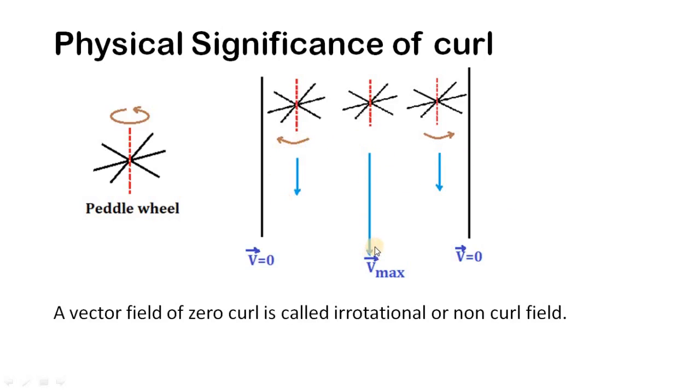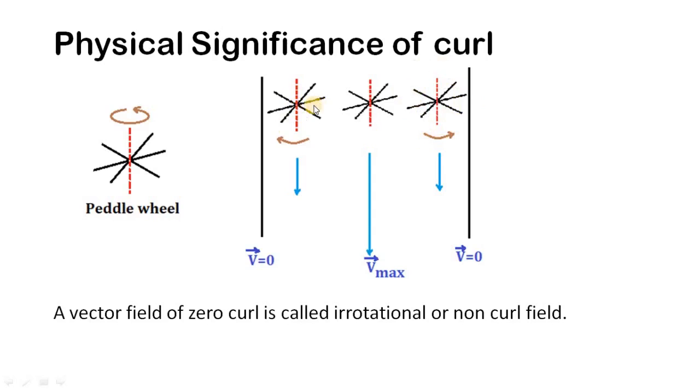So here the velocity is maximum, which is at the center, and as we go towards the banks the velocity decreases, and at the banks velocity is 0. Now this experiment is schematically shown in this particular diagram. Now if a frictionless paddle wheel is introduced into the water with its shaft vertical, then in this direction the paddle wheel will be rotating in the clockwise direction, and here the paddle wheel will be rotating in the anti-clockwise direction.